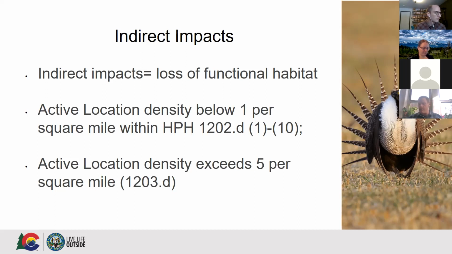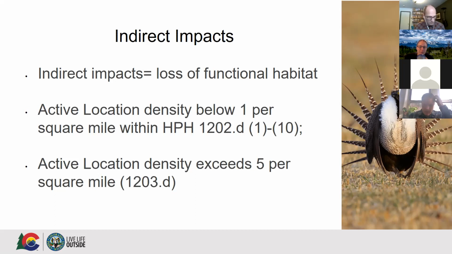1203D gives CPW the opportunity to recommend to the director if unavoidable adverse impacts, indirect impacts exist from the operation of these facilities. And there's two triggers. We need to figure out if we can evaluate if there's a location density of less than 1 mile per square mile in those 1202D habitats. So there's 10 of those. Those are mostly the big game, winter range and migration corridor habitats, and then the sage grouse or prairie chickens